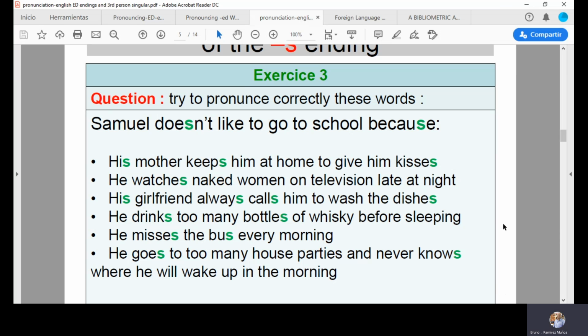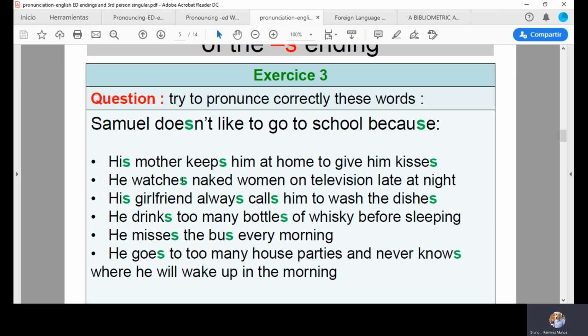All right, I would like to go over these sentences with you. So if you could repeat along, please. Samuel doesn't like to go to school because... Exactly. Repeat after me, please. Samuel doesn't like to go to school because